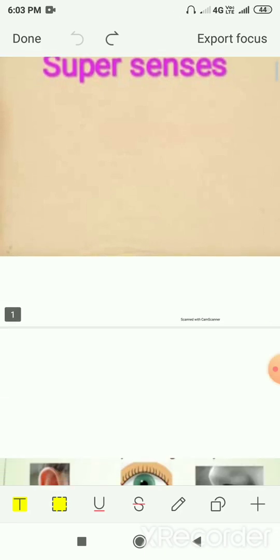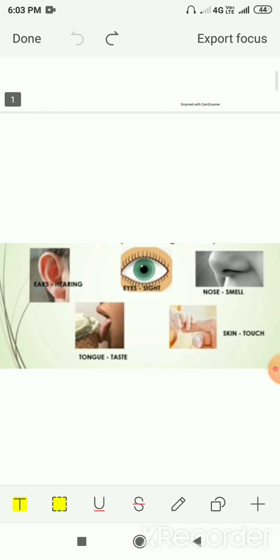Do you know how many senses we have? So basically we have 5 senses. Sense of sight, smell, hearing, taste and touch. Now for these senses, what organs are we using? So we are using our ears to hear, eyes to see, nose to smell, tongue to taste and skin to